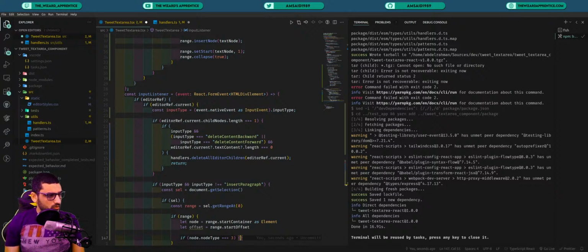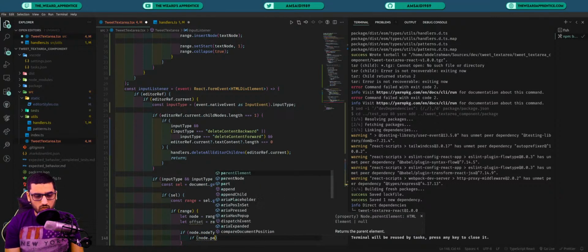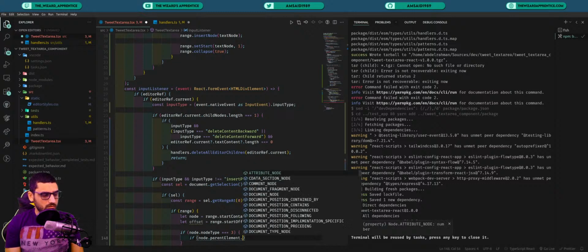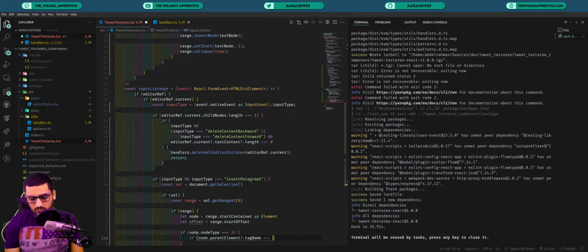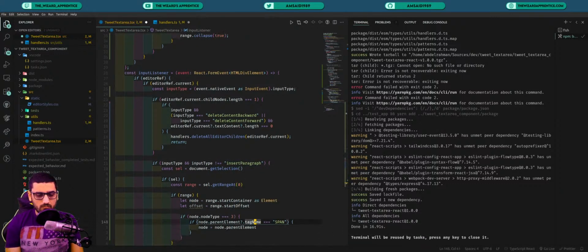We need to make sure that node actually is an immediate child of the paragraph. If not, we need to basically set node to the span element. So here's what we're going to do: if node.parentElement.tagName equals span, then you'd tell it to set node to node.parentElement. If it's not, then node would just be the text node that we're using. Then,